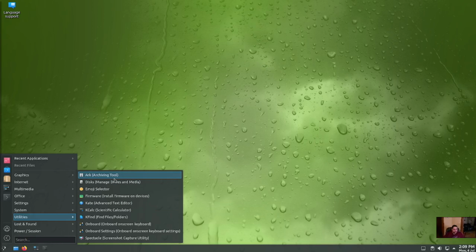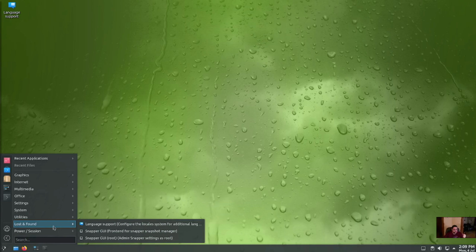is here and available that you would expect from a KDE distribution. Under Lost and Found, it has the Snapper GUI for both root and for regular user, which Snapper is basically, it takes a time shot of your system and it saves it, and then it gives you in your boot, when you boot up, in your grub menu where it tells you which Linux you want to do, any advanced options that you want to install, and then